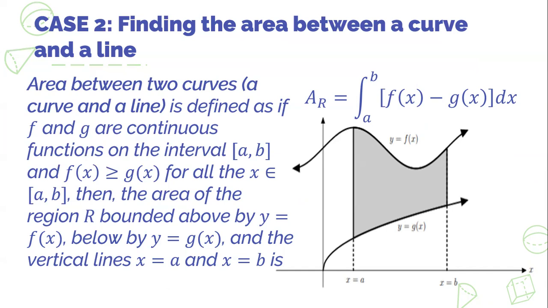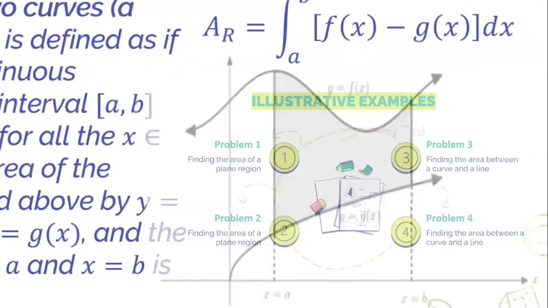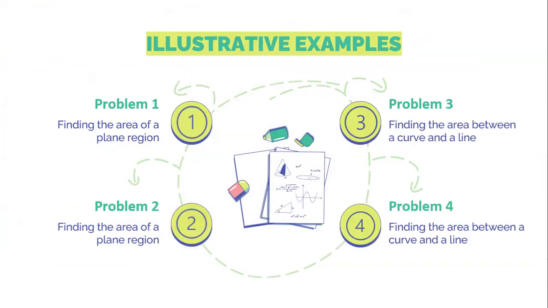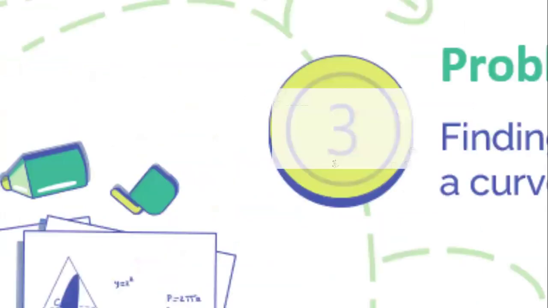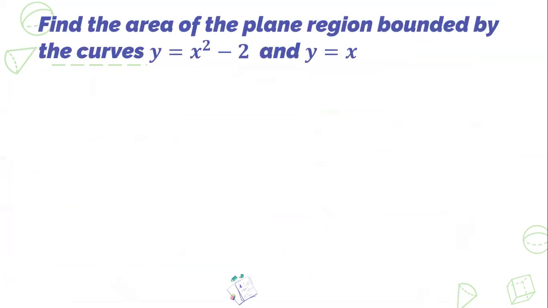In this case, the values of a and b are not given, but it's you who's going to solve for a and b. So for case number 2, let's talk about problem 3. What you're going to see is there are only two given functions and nothing else. The first given is a quadratic function, so obviously that graph would be a parabola later on. We also have y is equal to x. This is obviously linear.